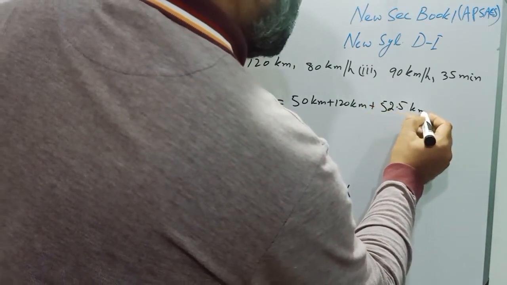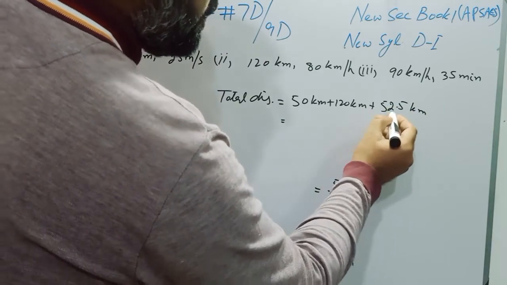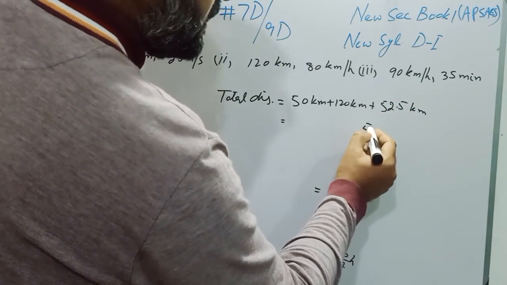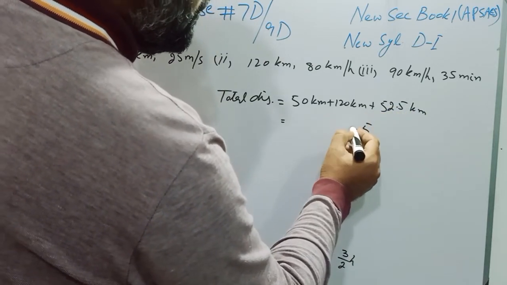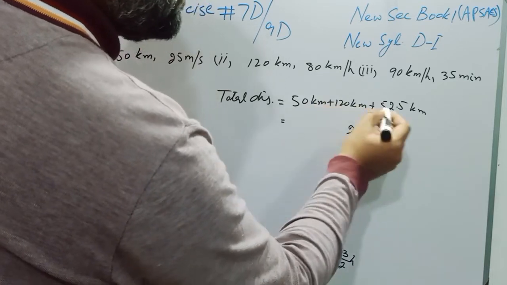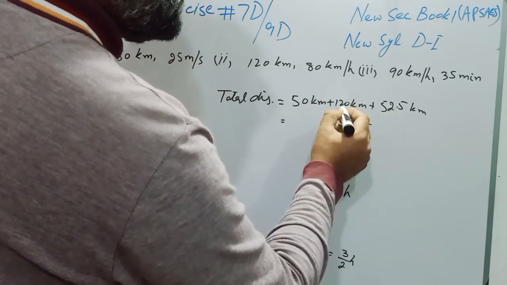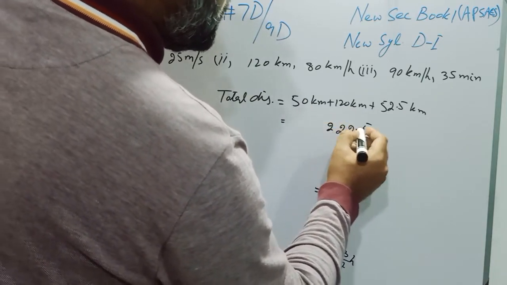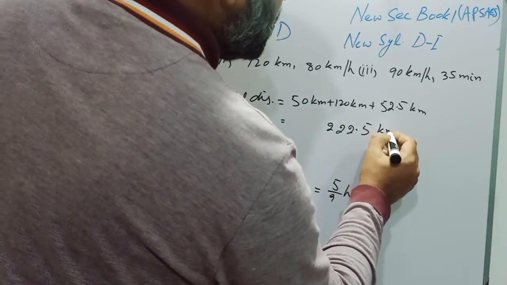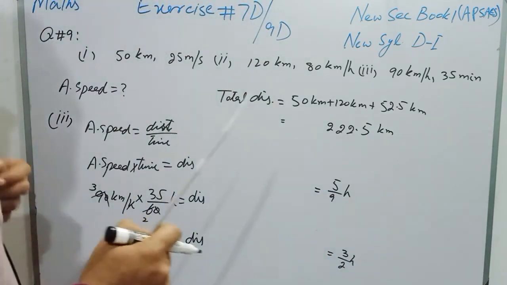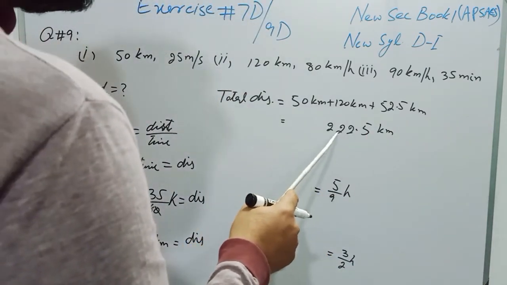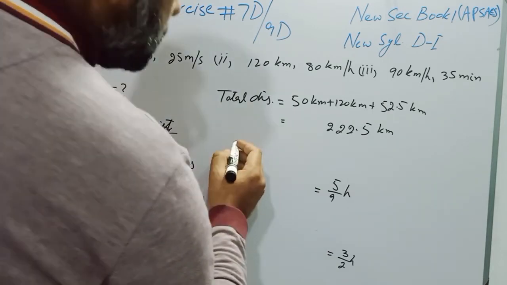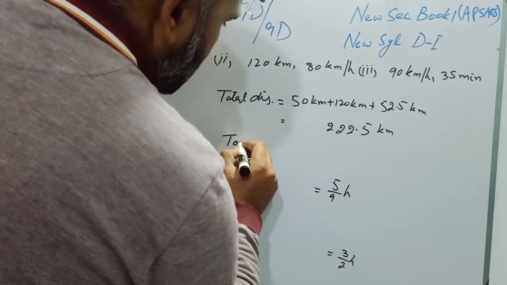Now students, after the point there is only one digit, that is 5. 2 plus 0 means 2. 5 plus 2 means 7. 7 plus 5 means 12, and 1 carry. So the total distance is 222.5 kilometer. Now I will find the total time,